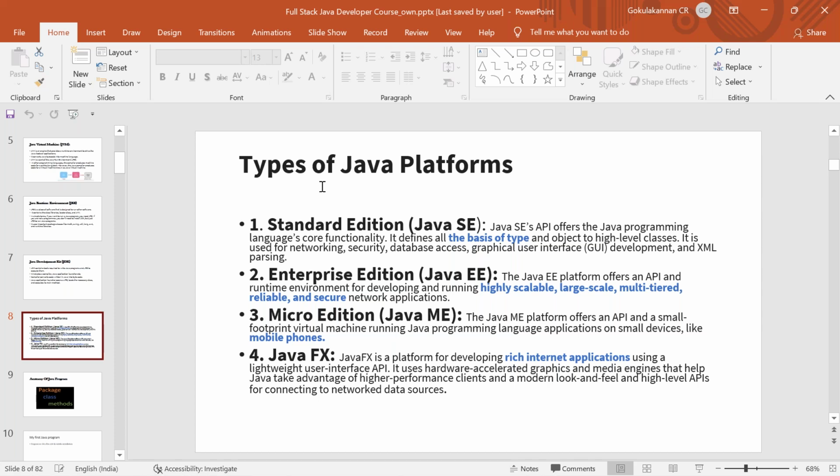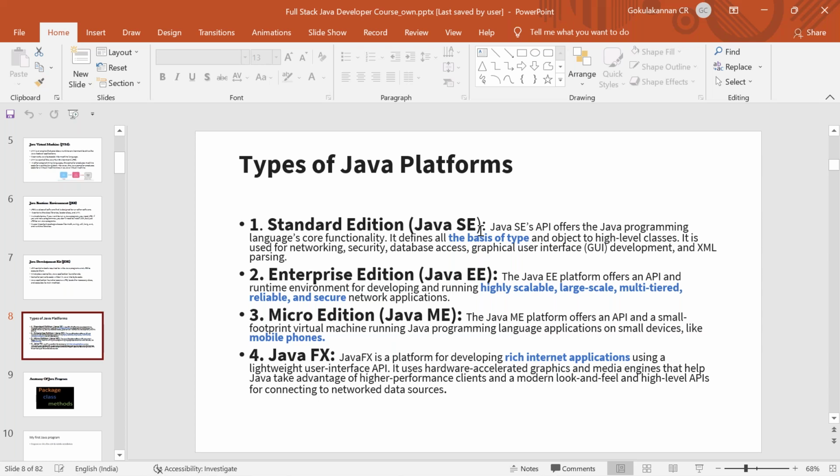So the very first edition is standard edition. You can see it. Some places you will see SE, some places you will see EE. So SE means the standard edition. What is the standard edition? So you are a student. You are trying to learn Java newly, and I'm a trainer. I'm going to perform some demos, and I'm going to write some example programs. For that, I need Java. If that is the case, we can go for the standard editions.